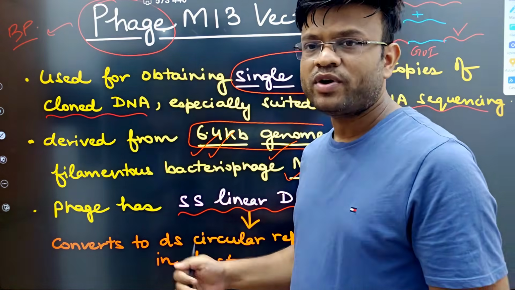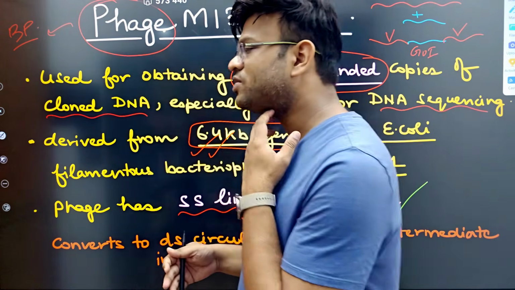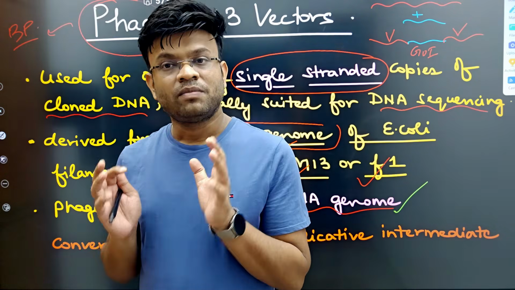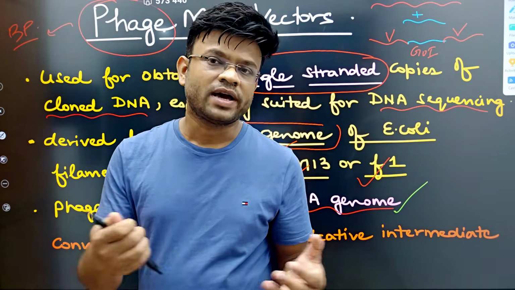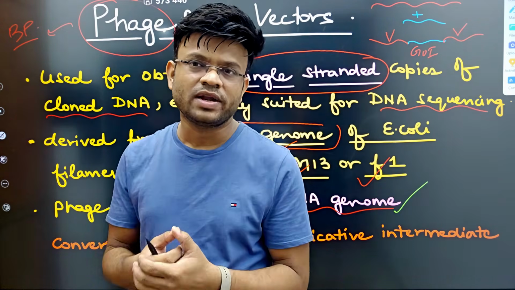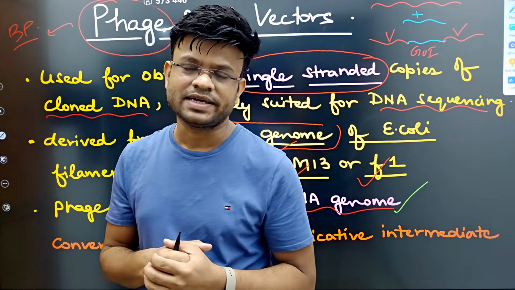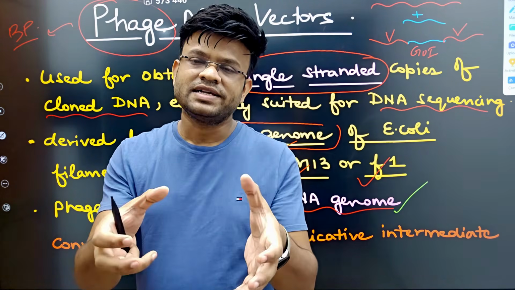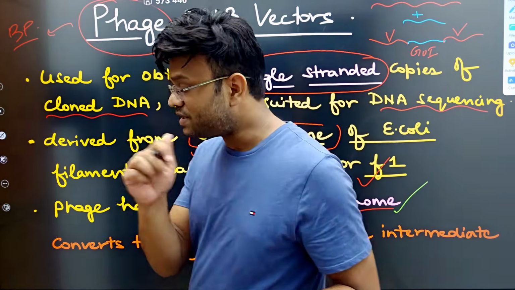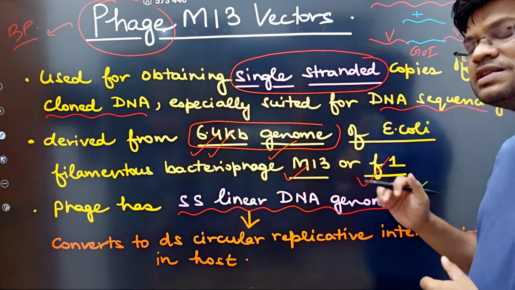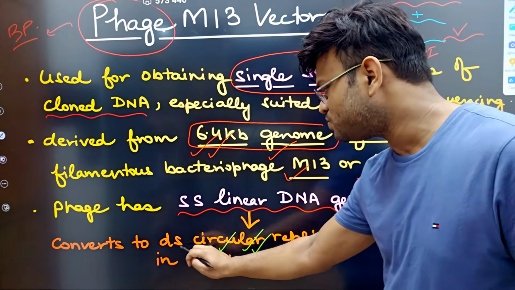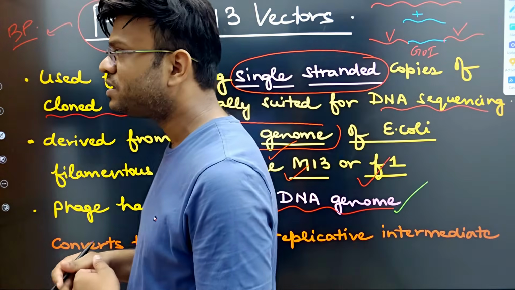Now, an important point that I want to cover over here is that although M13 phage is single stranded, when it enters inside E. coli, obviously I said that it is a phage of E. coli, so it would be attacking E. coli cells. When it attacks E. coli cells and enters inside the E. coli, it starts replicating and then it changes its single-stranded form into double-stranded circular form. Now, this is very important and very crucial and asked in